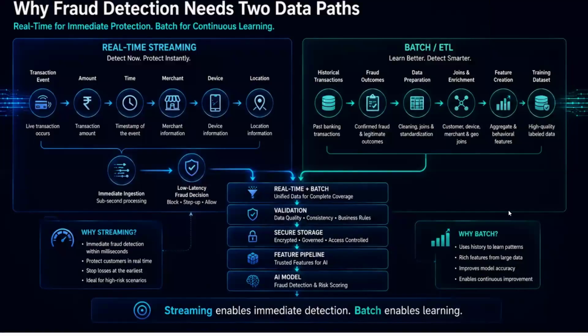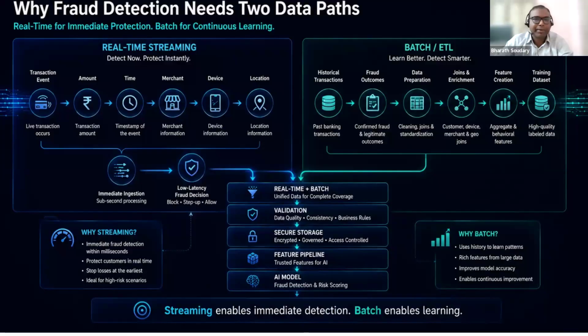Yes, now slide number 8. Why fraud detection needs data paths. Real-time streaming equals immediate protection. Batch or ELT equals continuous learning. So both such kinds of analysis are required. To talk about real-time streaming,